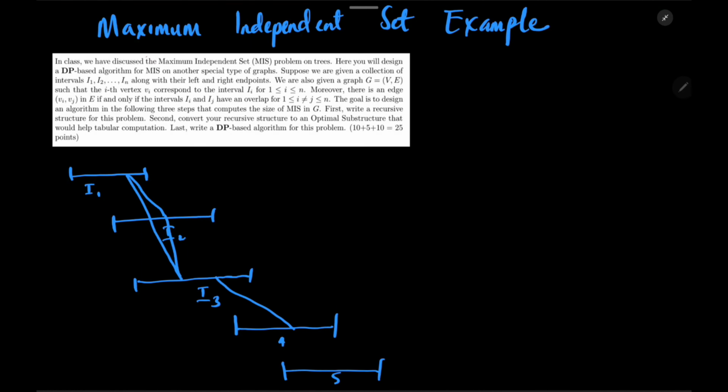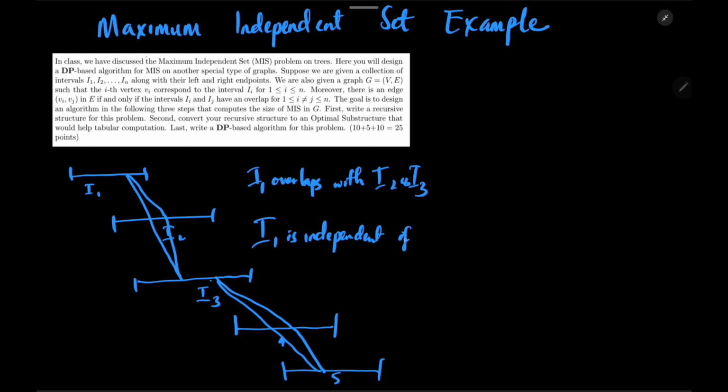So we are going to be looking at all intervals from 1 to n in the same way. We want to find intervals that overlap and intervals that do not overlap. Everything I've said so far is that interval 1 overlaps with intervals 2 and 3, while interval 1 does not overlap, or you can say is independent of, interval 4 and interval 5. So what does this mean? This means that